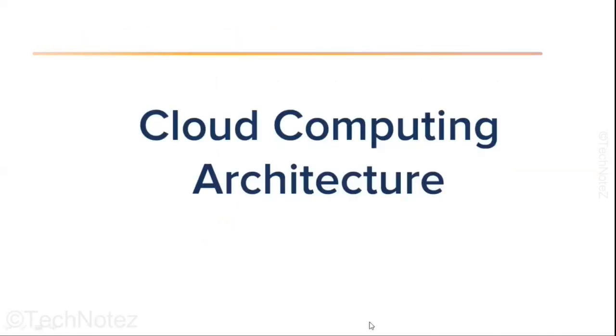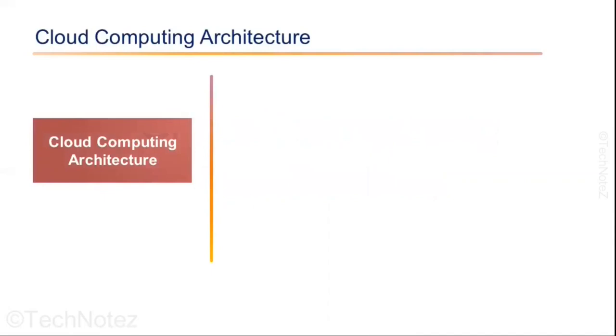Next, let's talk about cloud computing architecture. Cloud computing architecture is a complex and dynamic system that enables organizations to design and deliver secure services to their customers. Cloud computing architecture refers to the software and hardware components that work together to enable the delivery of the cloud services. These components include the physical servers, storage devices, networking infrastructure, and virtualization software that make up the cloud infrastructure. The cloud computing architecture shows how all the components required to build a cloud infrastructure are integrated.